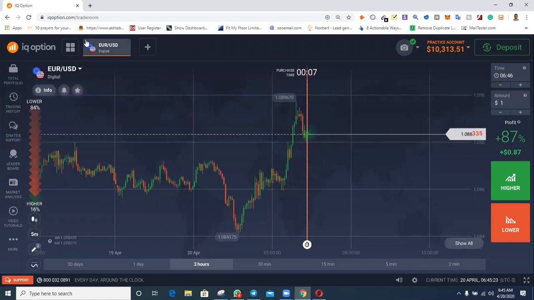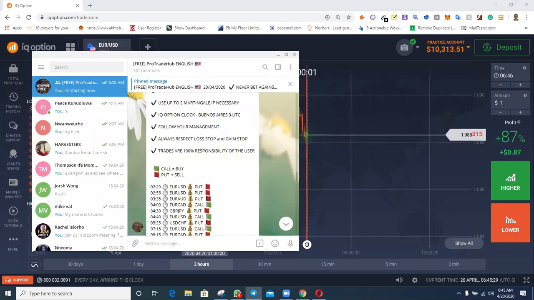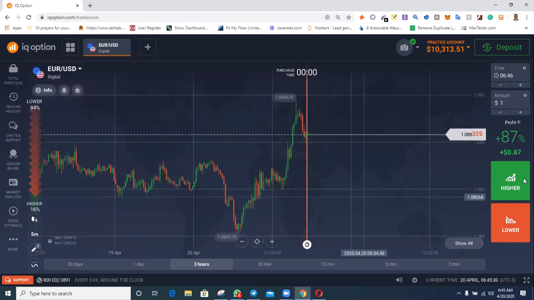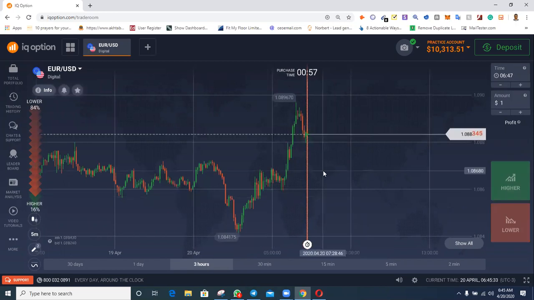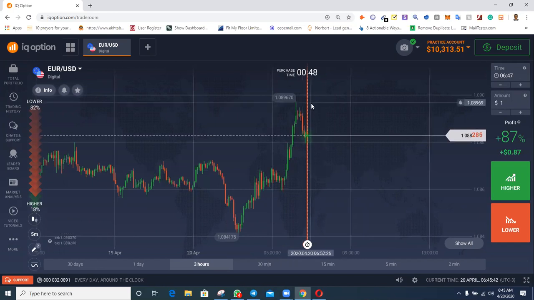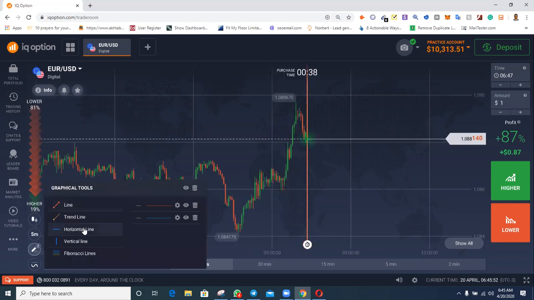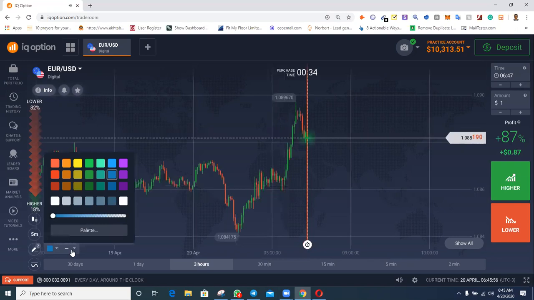Now this is our Euro USD. And what is the signal that was given to us? The signal is call. So we are going for a buy, that is higher. Now what do I need to do? Since I'm going for a higher, I don't need to draw both support and resistance. I only need one to tell me what is likely to happen. I need it to go up. You can see where my support is. I can pick a support here. Let me show us areas of support. I always like my support to be white, and I like it to be thick.